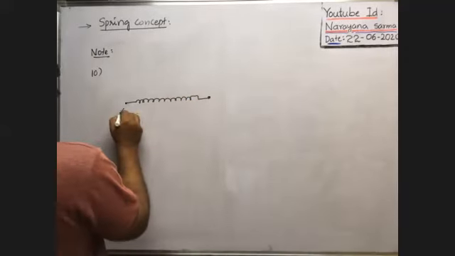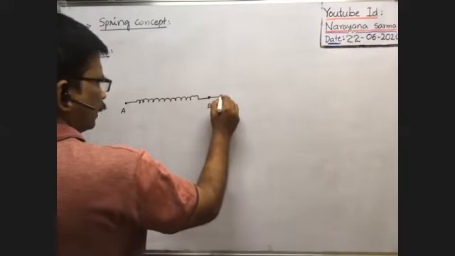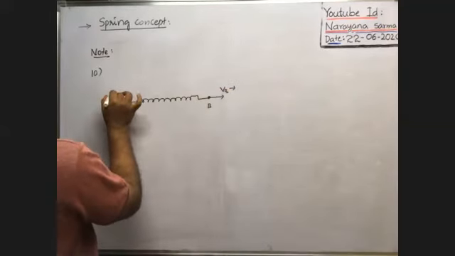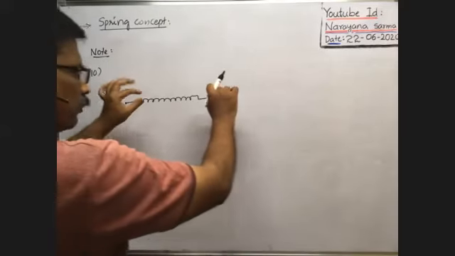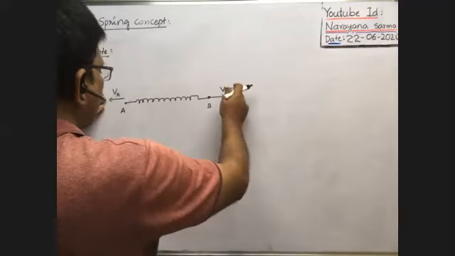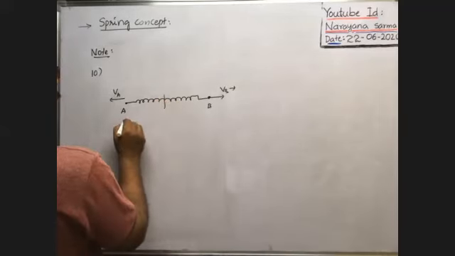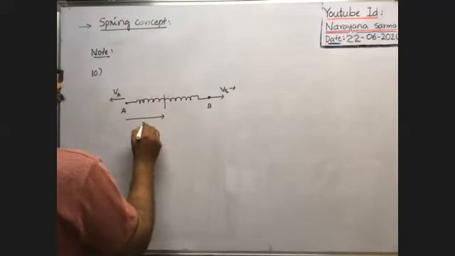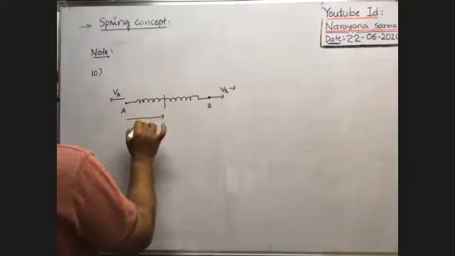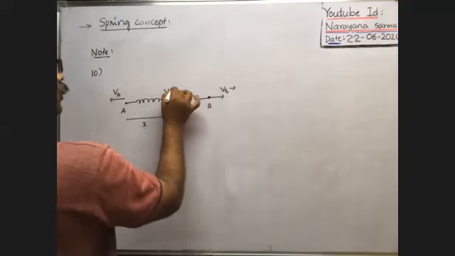Okay, here these are the two ends of the spring. This end is moving with a constant velocity VB in this direction. This end is moving in the opposite direction, say with a constant velocity VA. That means the two ends of the spring are moving like this with different constant velocities. Now at a distance x from the end A, what is the velocity of this point, or what is the velocity of the turn in the spring at a distance x from this end? v is equal to question mark.